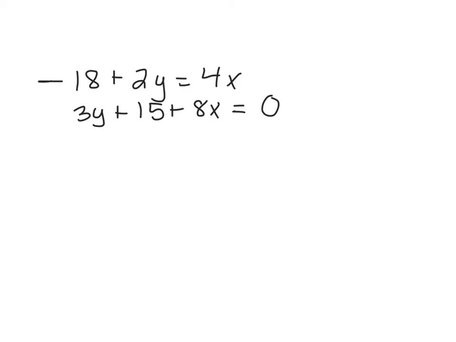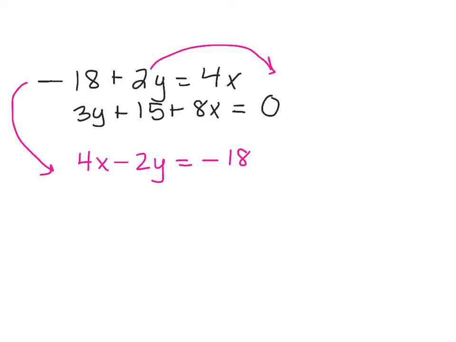So all the ones we've done have been in standard form. So what if I rearrange these things to put them into standard form? So if I take that first equation, I like this pink color, and put it in standard form, let's see, that would be 4x. If I subtract that 2y from both sides, I'd get 4x minus 2y equals negative 18. And you can check my math there. I think that's right. I moved this over here, and then the minus 18 stays there. Okay. With the other equation,